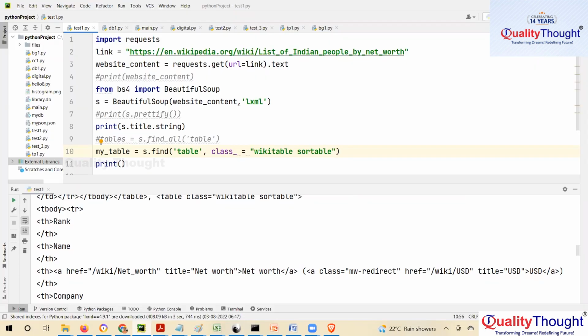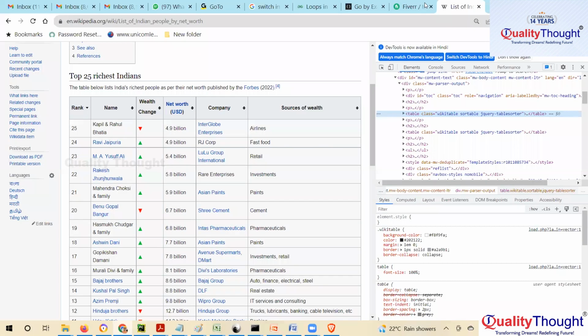Now, see, I told you, your logic of loop, if, all those things you have to learn. There is no option for that. Now, how to read a table? You should know that it's a request we can do. How to read a table if you don't know? Go to Google, and you can say